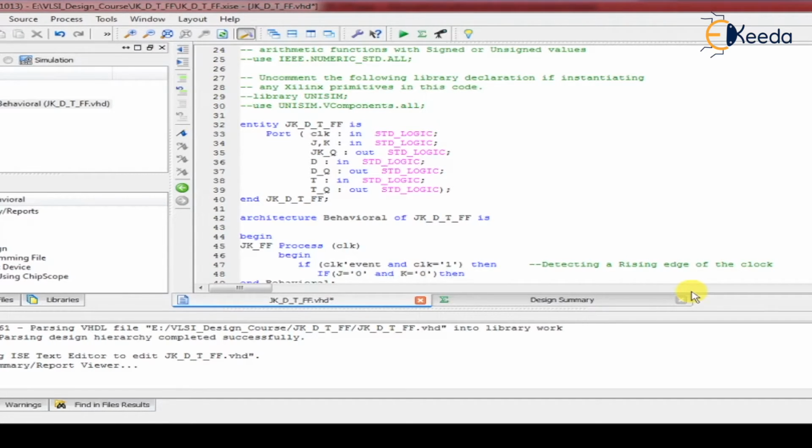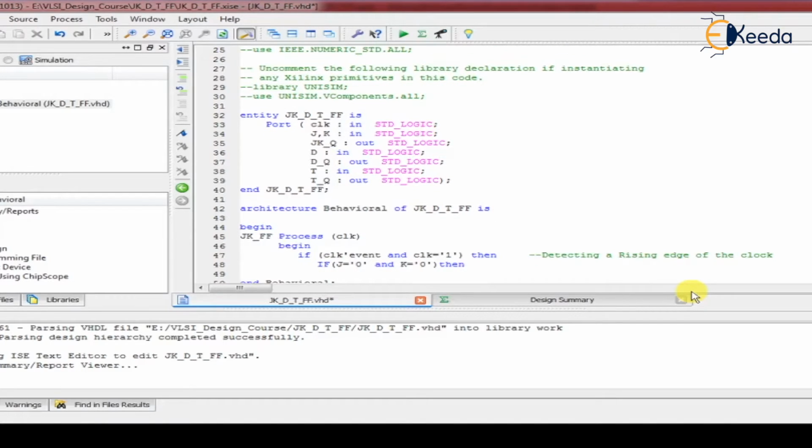We write JK underscore Q, but here we have to declare it as in out. I will go back and declare it. So JK underscore Q is equal to JK underscore Q.